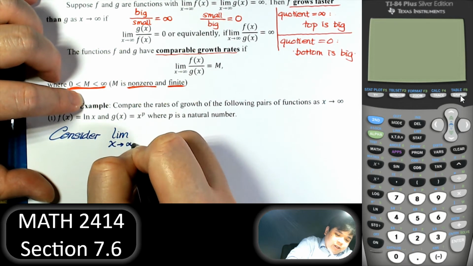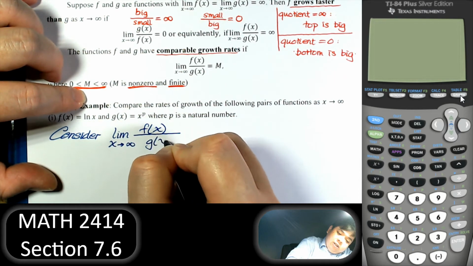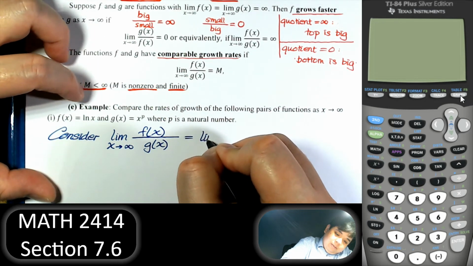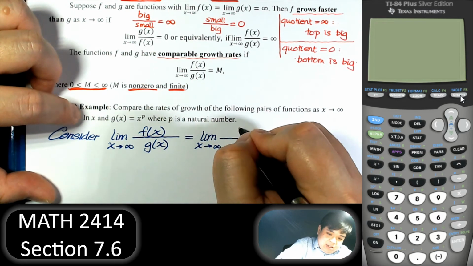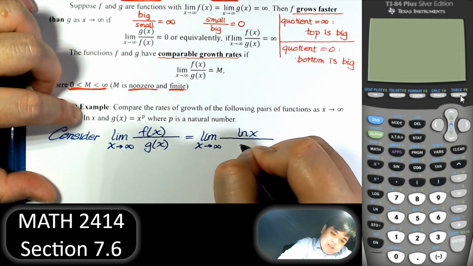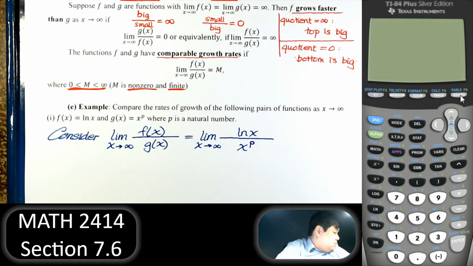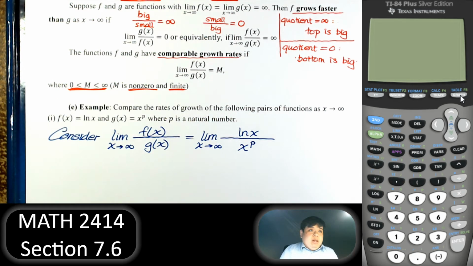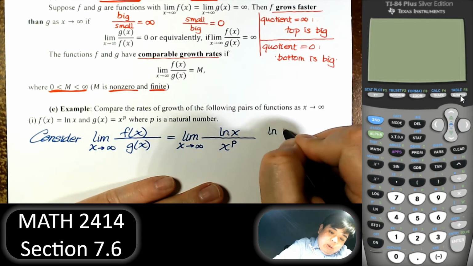When x goes to infinity, just take one and divide by the other, like f of x divided by g of x, where f of x is ln of x. Now, the first rule when we're trying to find a limit is to put in the numbers. Maybe if it works, we don't have to do anything else. So put infinity into it: ln of infinity